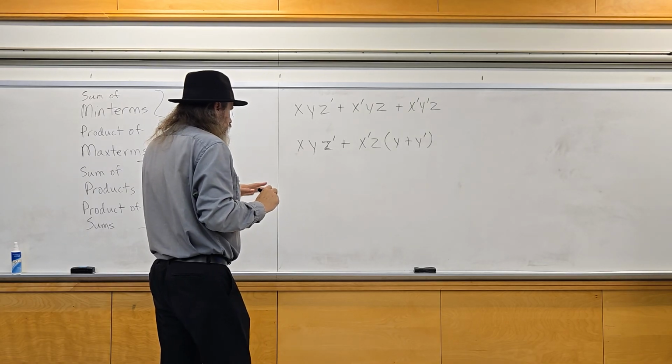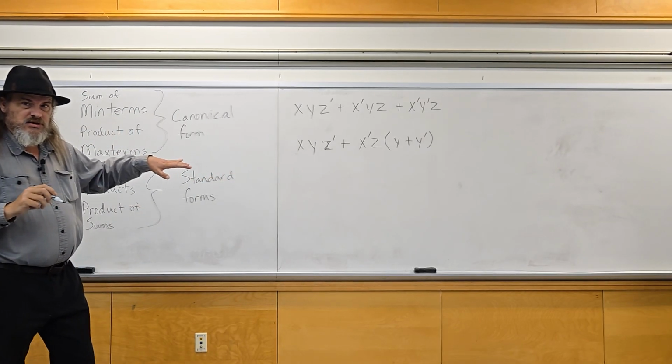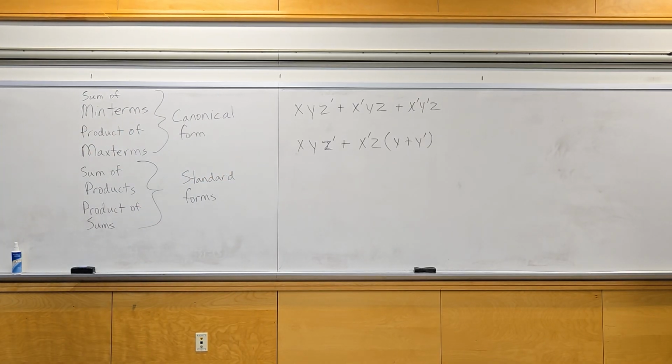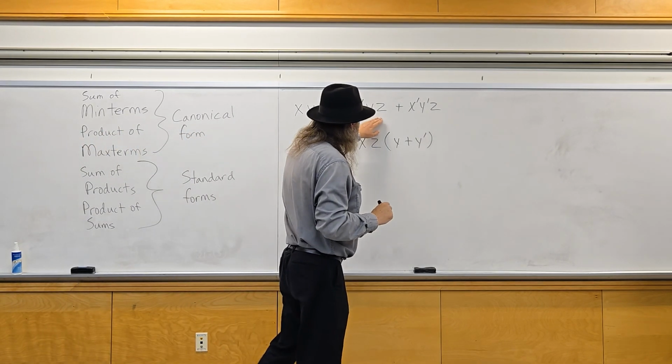Yeah, that should be, that's proper use of the distributive property, right? Distributive law. Does that look right? Distribute out the X and Z from these two, X prime and Z from these two,